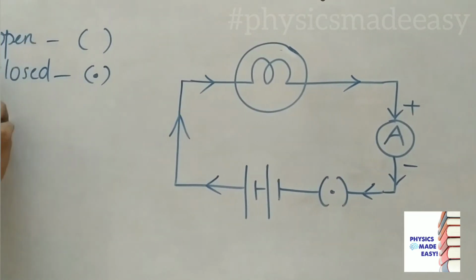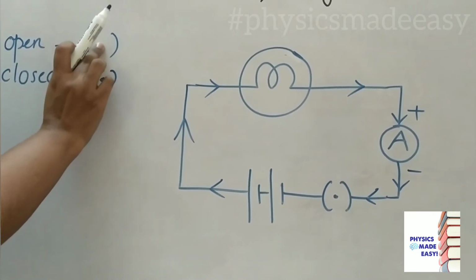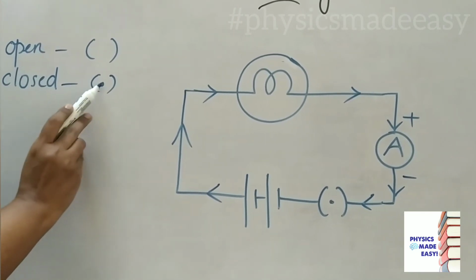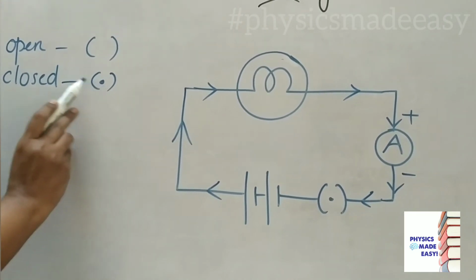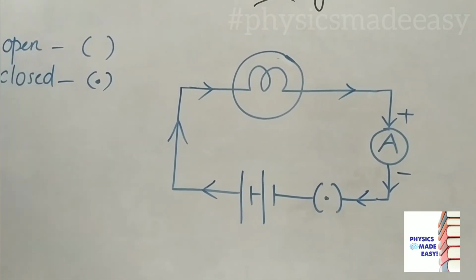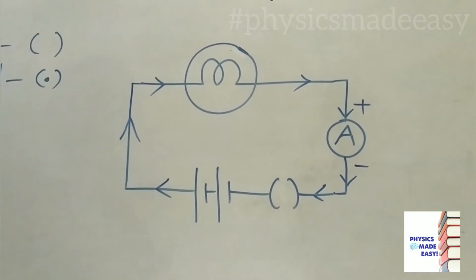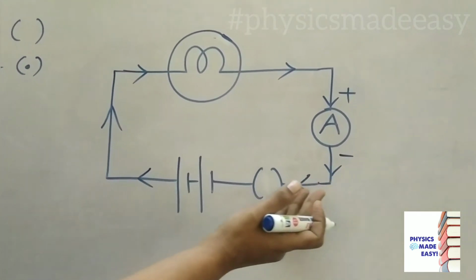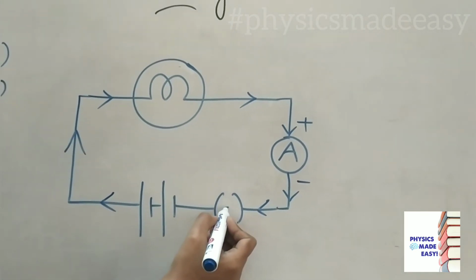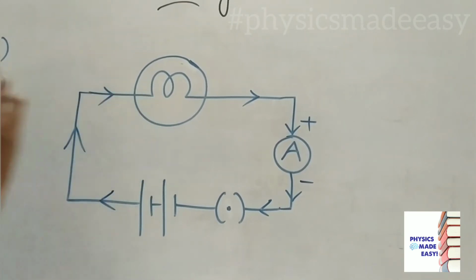Look at children, here open circuit means you cannot see that dot there. Like this, on the key only. If that is closed, you can see a dot there. So closed means current is passing through that. Here open means that is a broken circuit. So if this dot is not there, current cannot flow through this and the circuit is not completed. If this dot is there, current can flow through this and you can see the bulb is glowing.